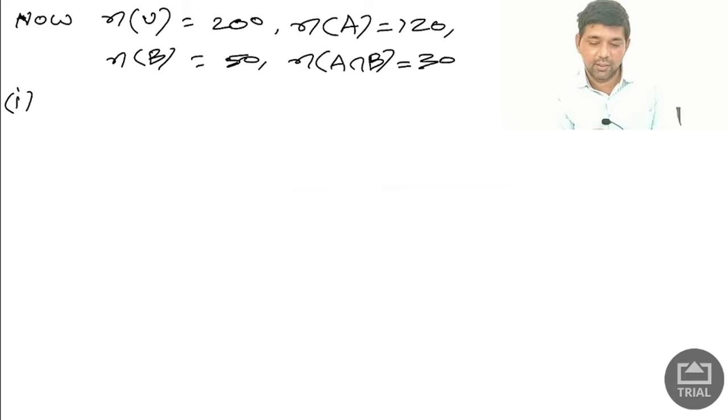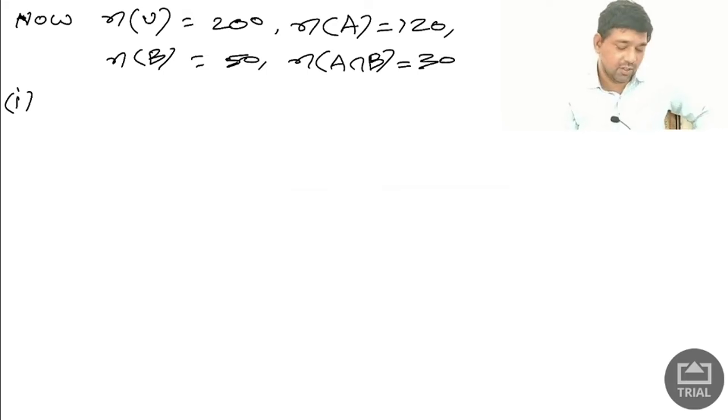Okay, that can be found by, so actually what I have to find now, N of A minus B. The number of individuals who are exposed to chemical 1 but not chemical 2 means A minus B, and exposed to chemical 2 but not chemical 1 is B minus A. So for the first one I have to find N of A minus B, for the second problem I have to find N of B minus A, for the third problem I have to find N of A union B. So this is the total problem.